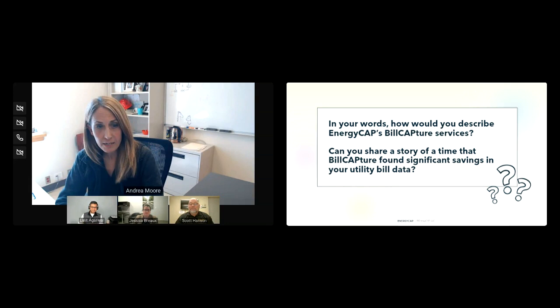They can take that data and map it to the Energy Cap meters and accounts so that you can get the data in through bill capture, however it comes to you. Got it. And I would say